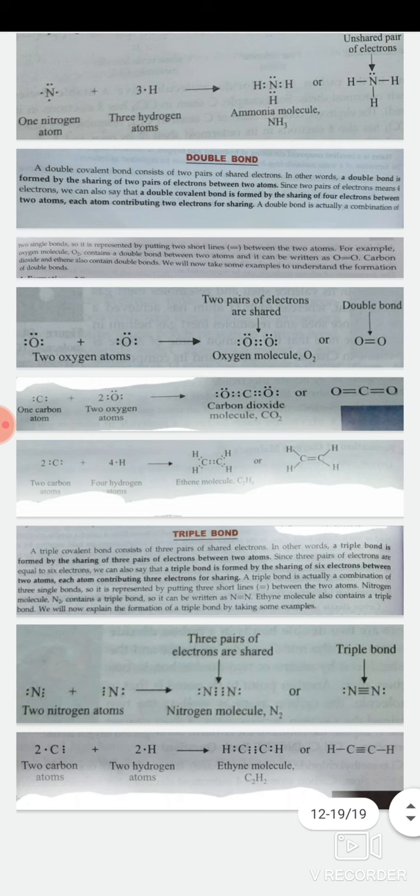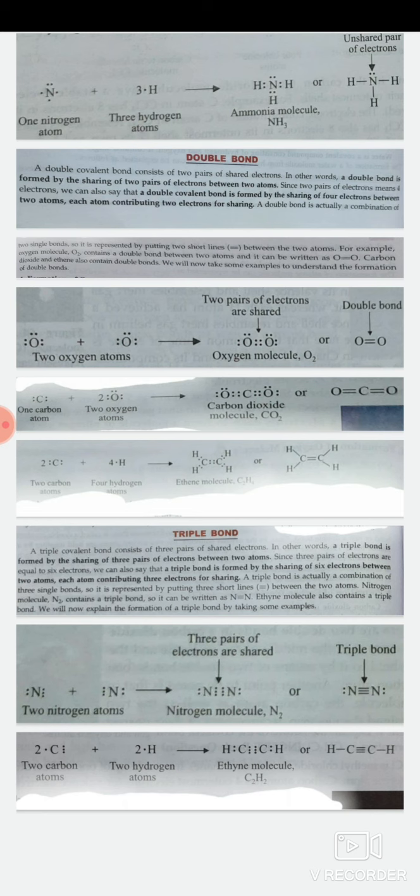Now what is a triple bond? When each atom is sharing 3 electrons, right? See the example of formation of the nitrogen molecule. Now nitrogen, 3, 4, 5, right? 5 electrons are present. So 5, 6, 7, 8. 3 electrons are required, right? So nitrogen is sharing 3 electrons with the other nitrogen. So 3 plus 3, 6, and 2 are already present, right? So there is a sharing of 3 electrons from each nitrogen atom, and therefore we can see a triple bond. And here you can see the lone pair or unshared electron pair that you need to show.